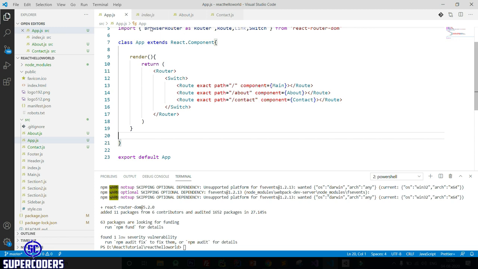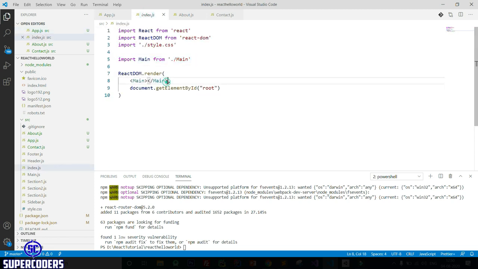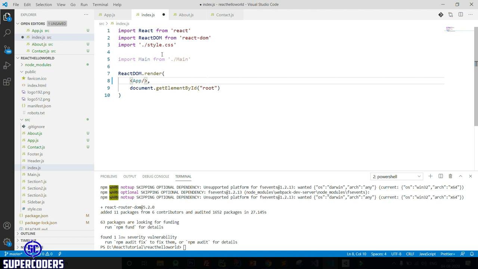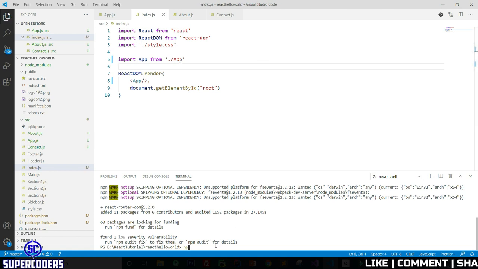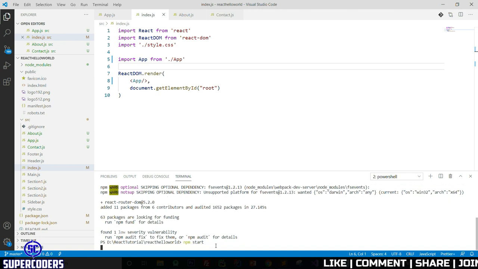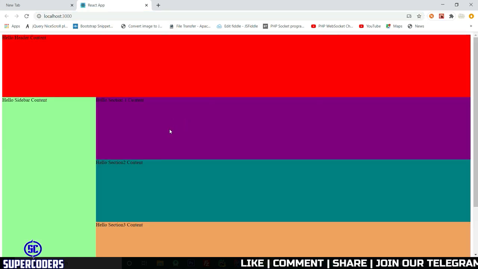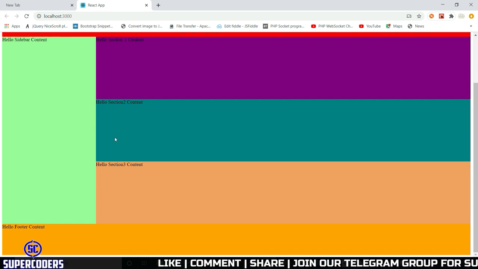So save it first, and here instead of main show the app.js. So again app, and import this app from app. Save it. Now run the project, npm start. So you can see in home page it returns the main component, which I created.